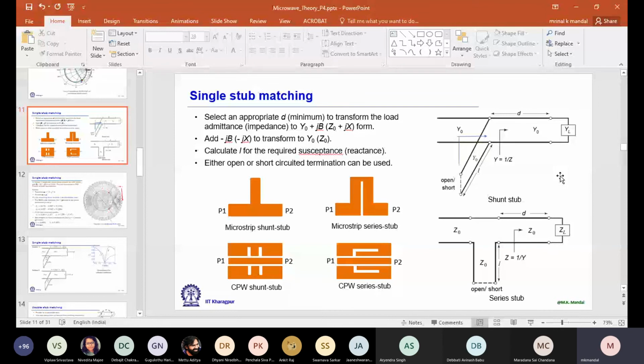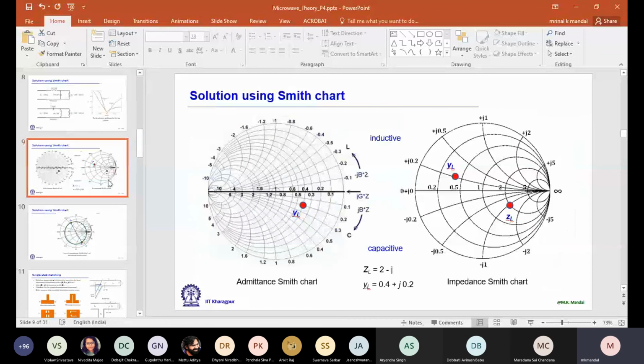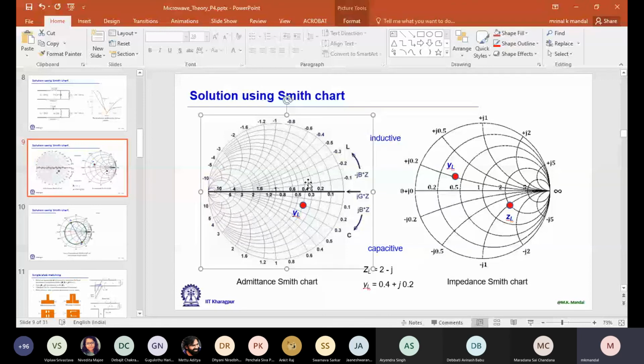So for the Smith chart, we have a trick here. As you can see, according to requirement, we are changing our approach. In the first example, which we solved last day, we used an overlapped Smith chart where the impedance Smith chart and admittance Smith chart are overlapped, even though we did not show the admittance Smith chart here. So that's why we used this 180-degree rotated view.